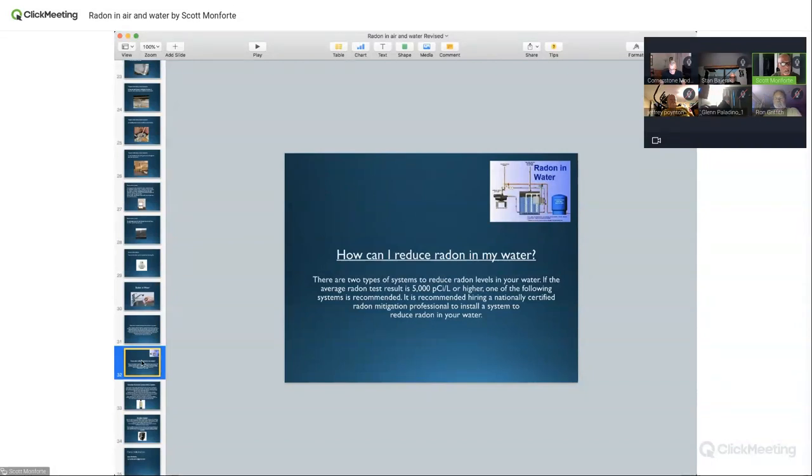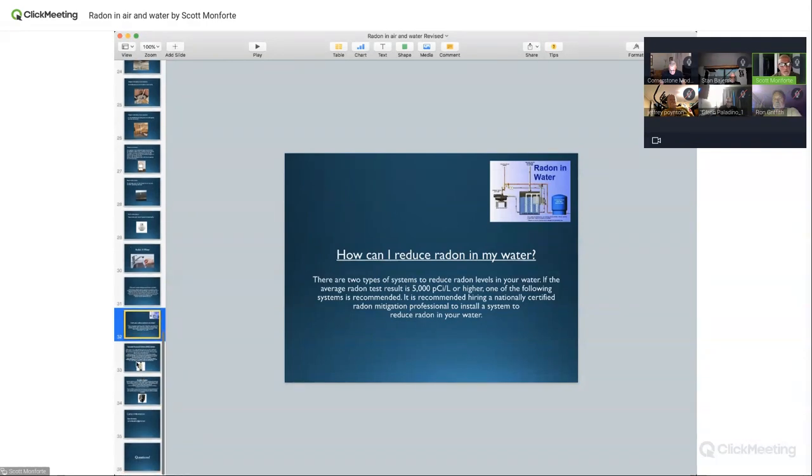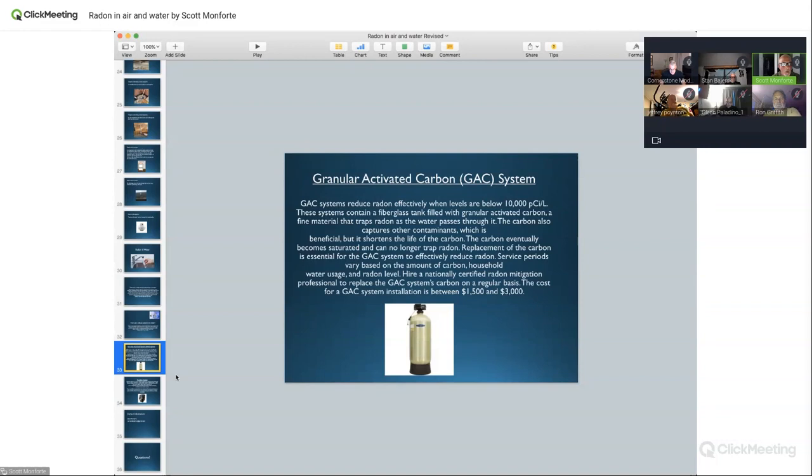It should be changed every year. People sometimes wait, and if you wait 7-8 years, it can be very radioactive. Then we shut it off and let it sit for a little bit. It's granulated activated carbon, and installation can run, I'd say, 1,800 to $2 grand in Connecticut, and to change it out every year, about $450 to change the tank, depending on the size. And let me tell you something. This is the way we used to do it with carbon before aeration came in.